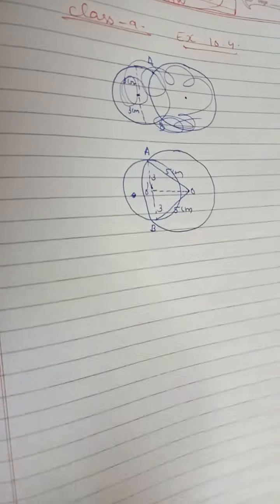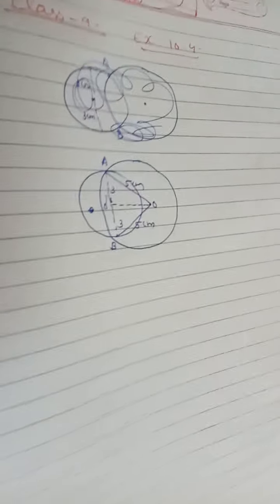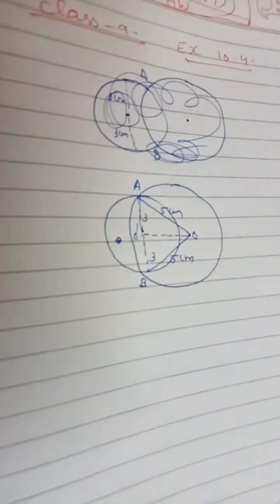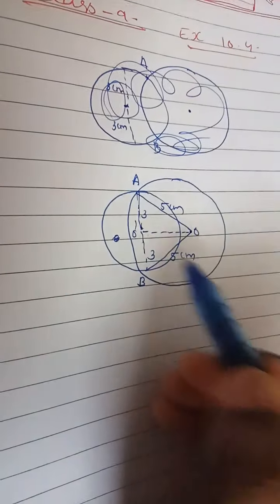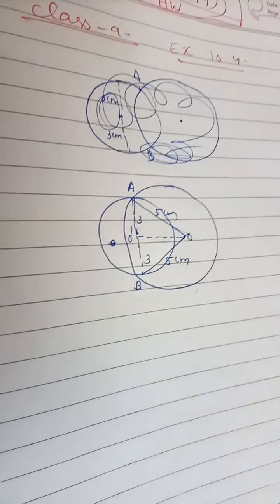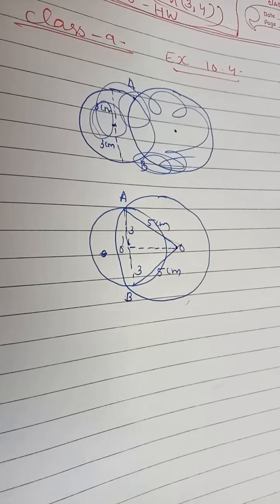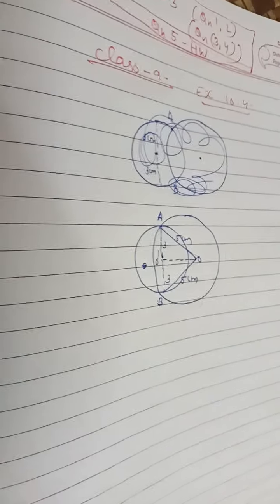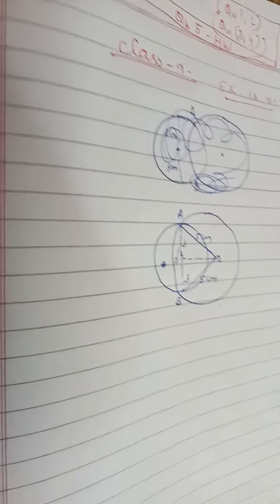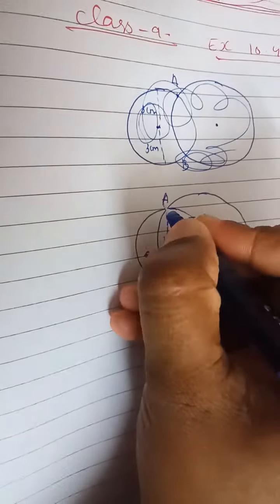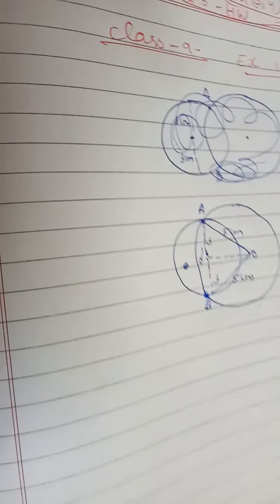So this is the required figure. Here two circles are here. The small circle should have the radius which is equal to 3 cm. I denoted it here, and the bigger one has the radius which is equal to 5 cm. I drew it here. Okay, so two circles of radii 3 and 5, and the intersecting points. So these two circles are meeting in these 2 points, correct? So I denoted them as A and B.